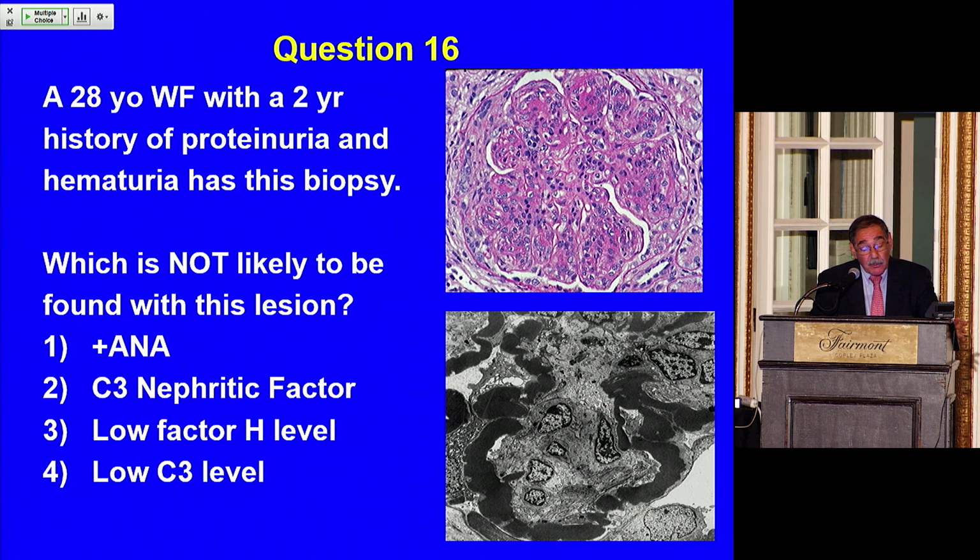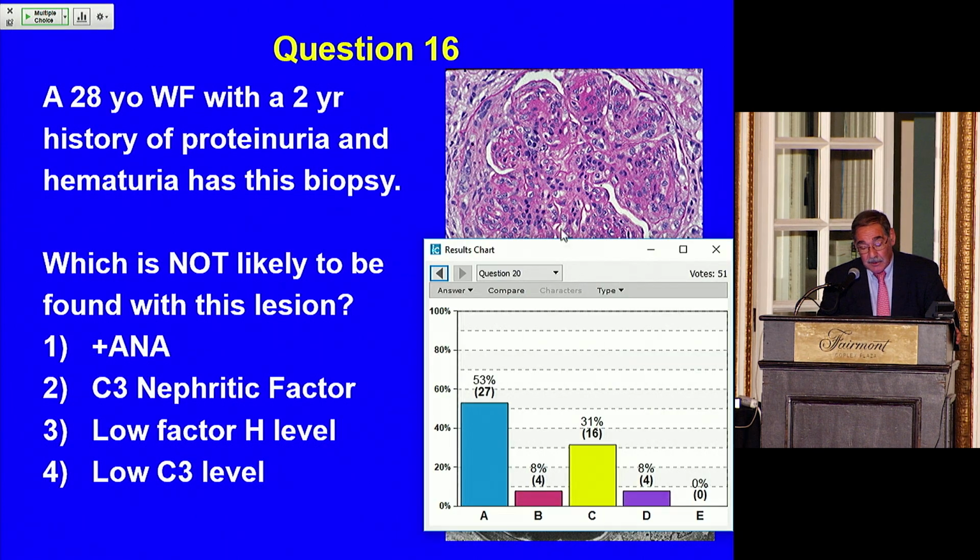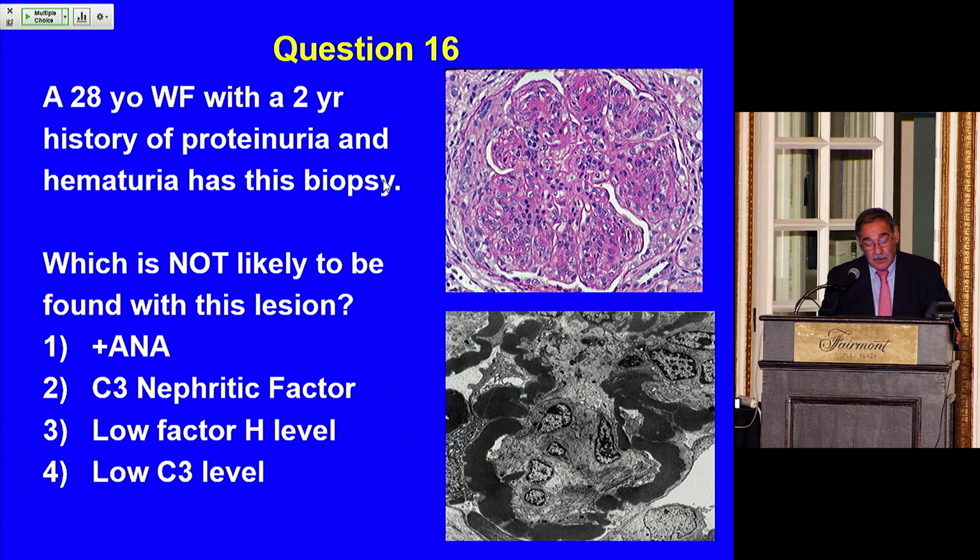It's got a membranoproliferative pattern, lobular here, increased cells, and here is this dense ribbon of positivity all along the basement membrane. Again, this is not an immune complex. This is complement deposit here, complement components. Oops, let's see what we said here. Yep, right, the majority was right there.